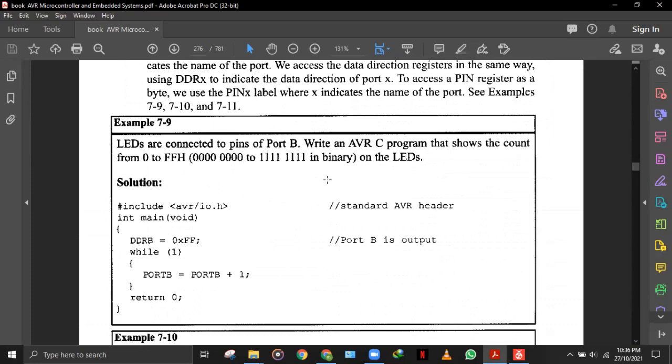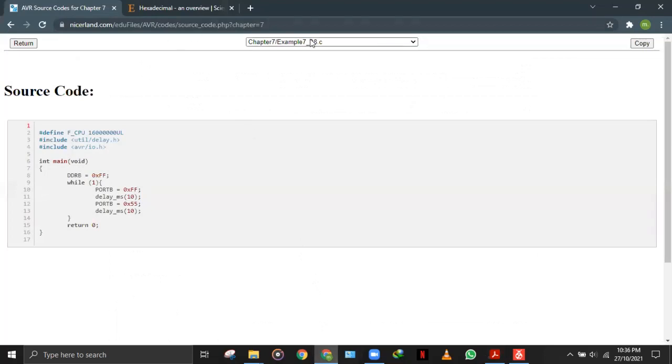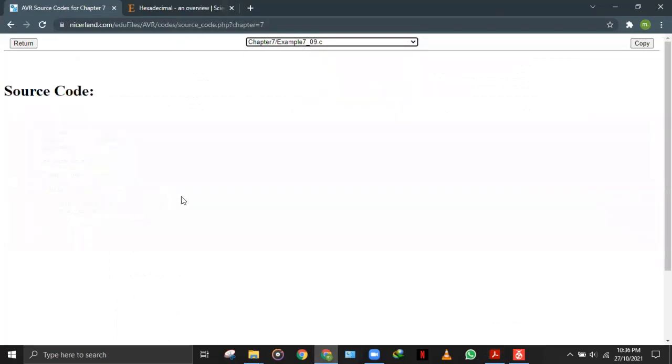LEDs are connected to pins of port B, write an AVR C program that shows the count from 0 to FFH। so ये बाइनरी में हमें शो कर रहा है कि 8 बिट बाइनरी में तमाम बिट्स 0 और 8 बिट बाइनरी में तमाम बिट्स 1 ऑन LEDs। सो हम इसका कोड देख लेते हैं, 7.9 एग्जांपल होगी हमारे पास ये।